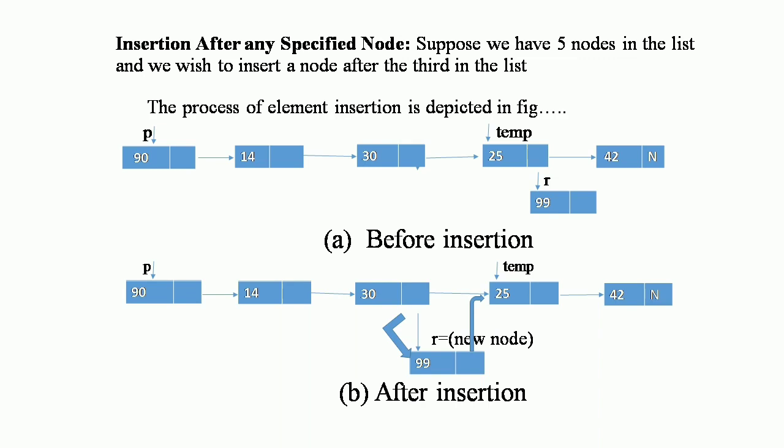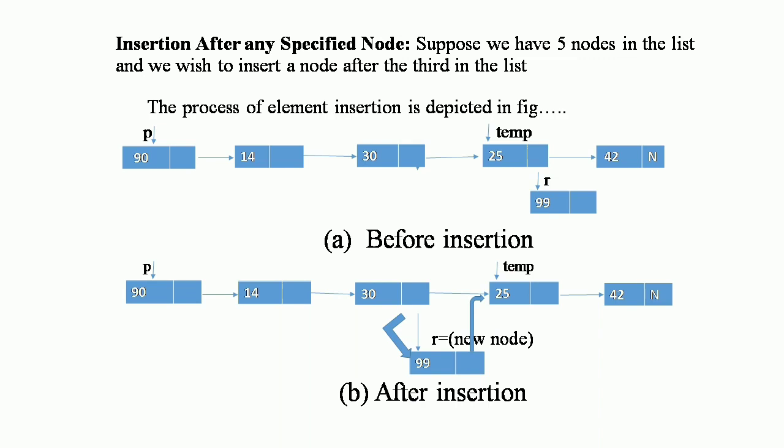That has data 30, and when inserting the new element, you have one arrow from top to bottom. That is temp, you can give it the name temp. That has data 25, and 20 is the data, and the node is connected to two connections. One has data 42, and the second has data 99.